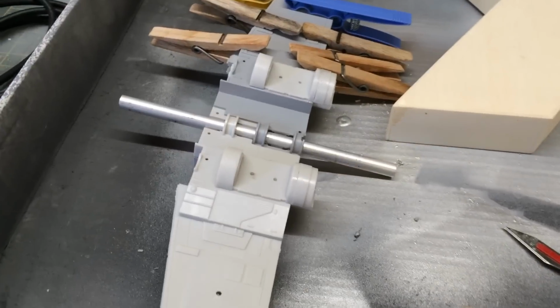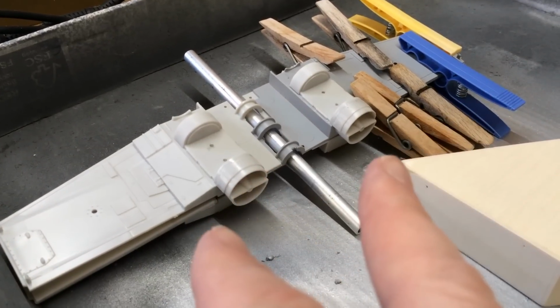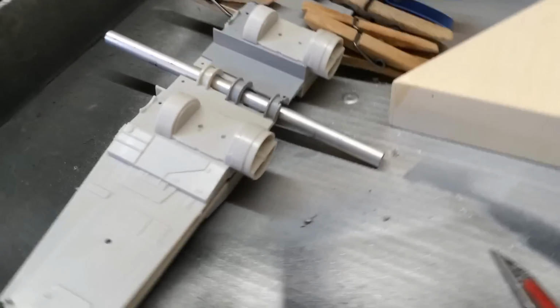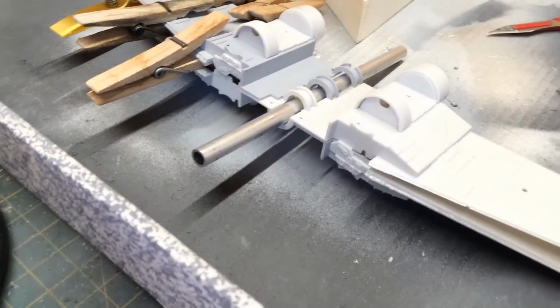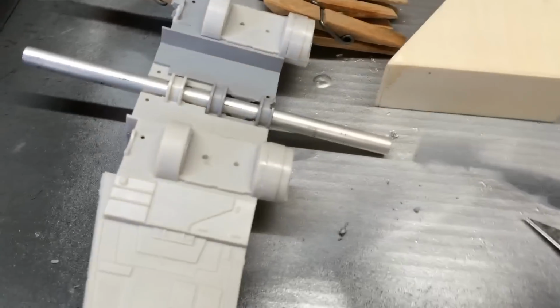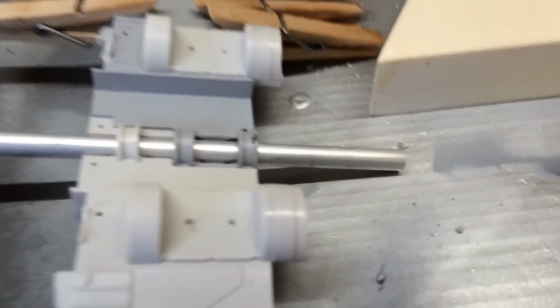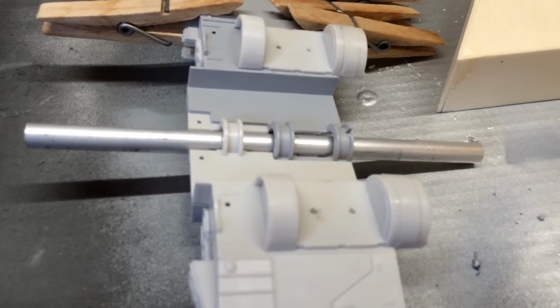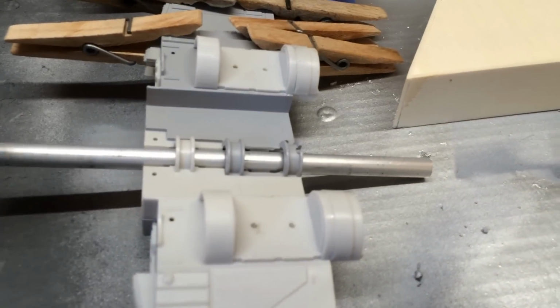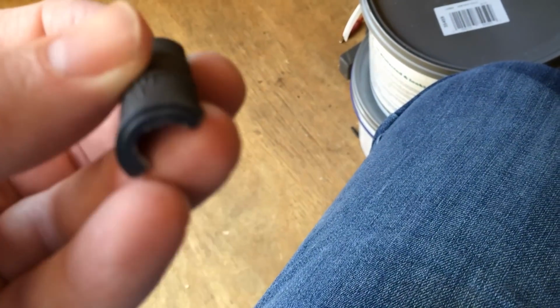Okay, a bit more done today. This is the continuation of the underside of the wings. I've just put a piece of metal through there just to help me see how they're going to open up and close, and so that I can get all the bits in the right places without upsetting the fit. So the idea is going to be, because I can do this much pretty much without any wiring issues, but eventually you're going to have the engine sitting back here, and the plan is to take a wire through that small piece there up to the end,